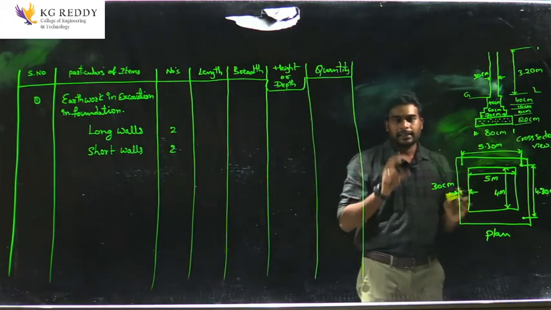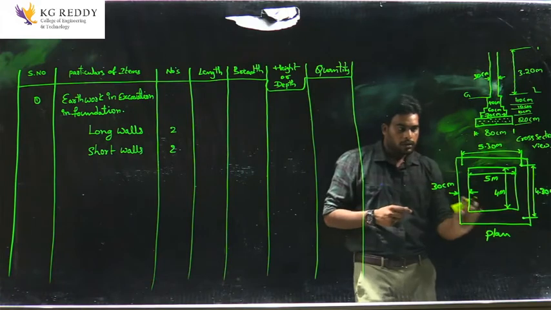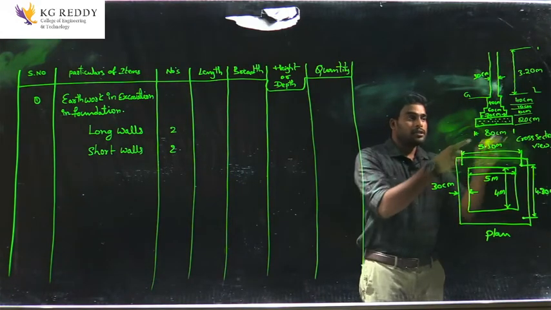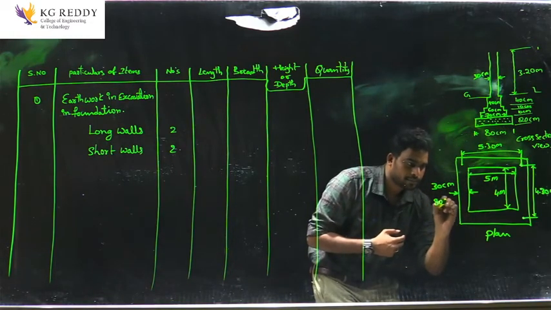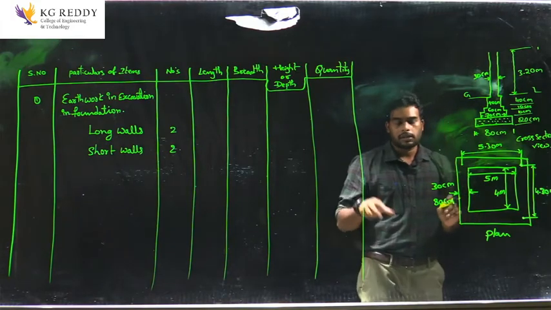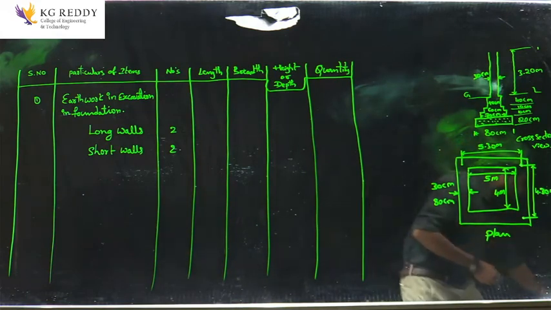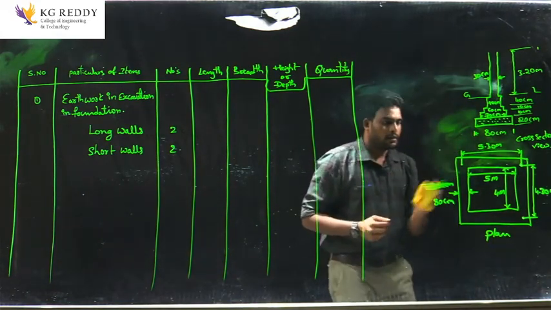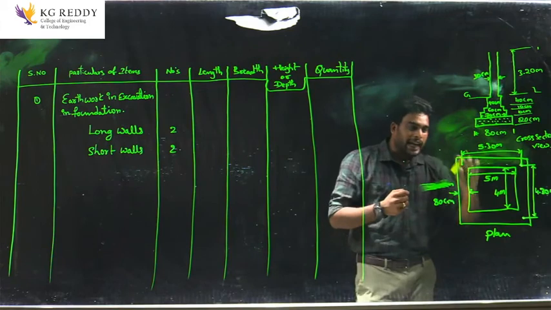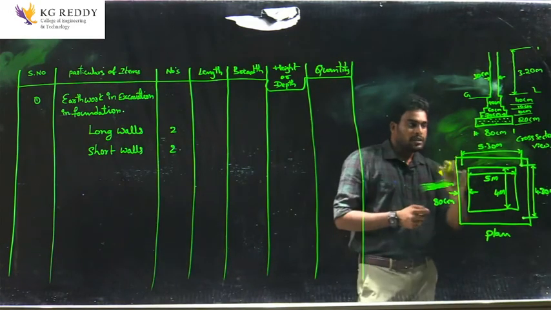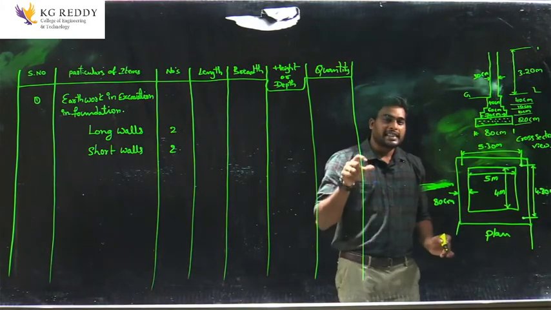When we complete the excavation for the entire structure like this, if you observe from the top view, we will see it like this. The width of the excavation, he already mentioned, is 80 centimeters, right? So just imagine it is 80 centimeters. After the excavation, observing from the top view, we will see it like this. Now we are going to find the entire excavation quantity. So this is the long wall. From this corner to this corner, we are going to find the excavation in the long wall.